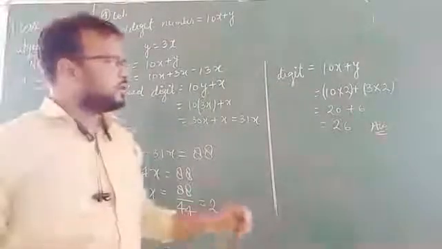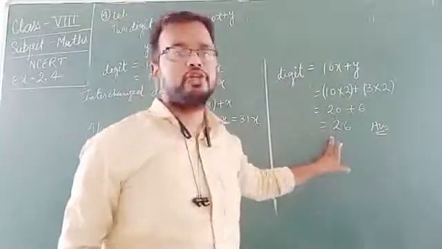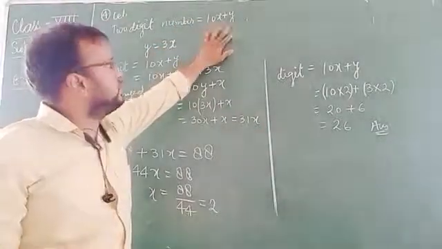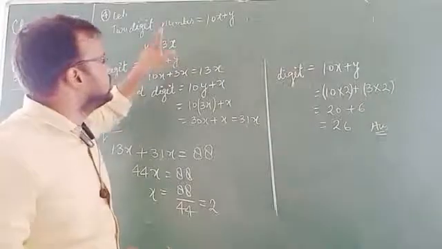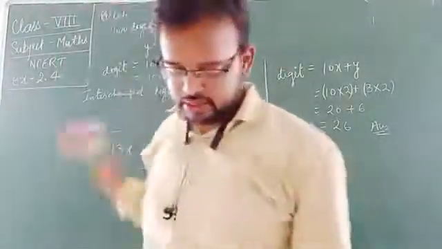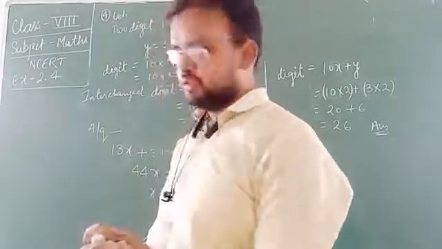The other possible answer can be 62. And why 62? When we let x be greater than y, then x is 3 times y, and then the answer is 62. Okay, but 26 is also correct.